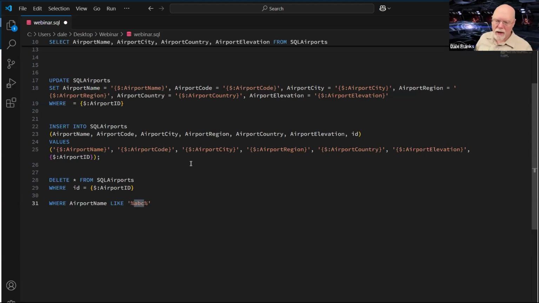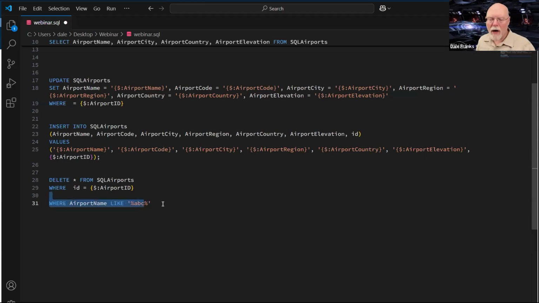It will find the ABC and it will delete them. So with the delete statement, just like the update statement, I can delete a single record all the way up to every record in the database. And in between, if I just wanted to get rid of all of the airport names like ABC, it would go through, find them all, and delete them all from my database.